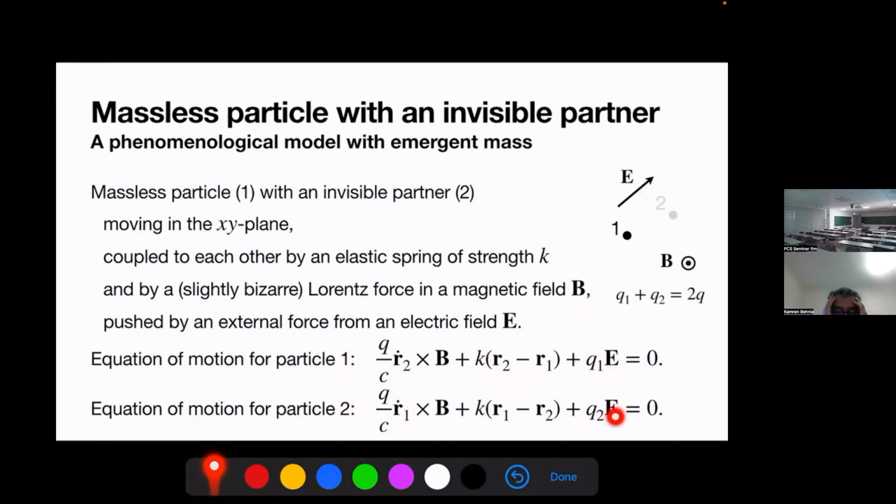They have charges Q1 and Q2. And for convenience, we've introduced the total charge of 2Q here. So these are the two equations of motion for the two massless particles. And so if we could observe both of these, that would be the end of the story. But we can only observe one of them. And so we would have to integrate out the motion of particle 2 and see what happens to particle 1